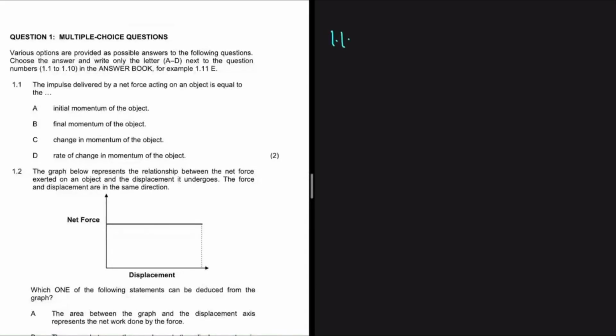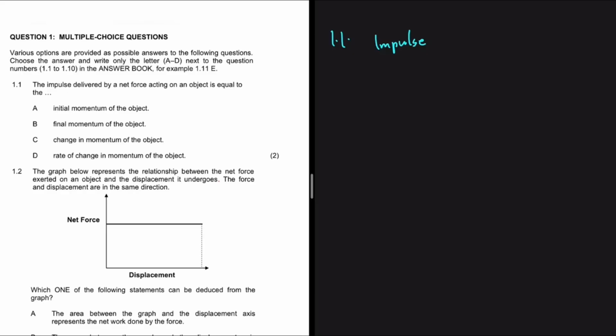1.1 says the impulse delivered by a net force acting on an object is equal to the... So let's talk about impulse. We know fully well that impulse is the change in momentum, right? So the question is saying the impulse delivered by a net force acting on the object will be equal to what? A says the initial momentum of the object, B says the final, C says the change in the momentum